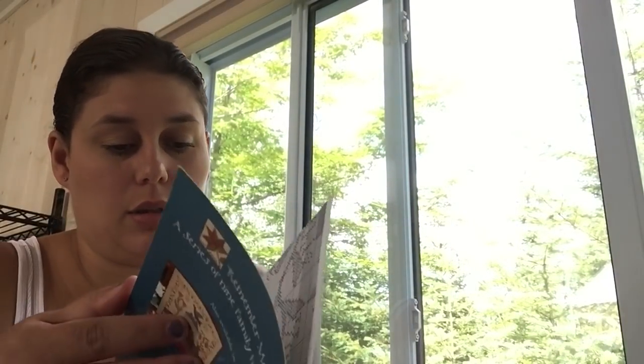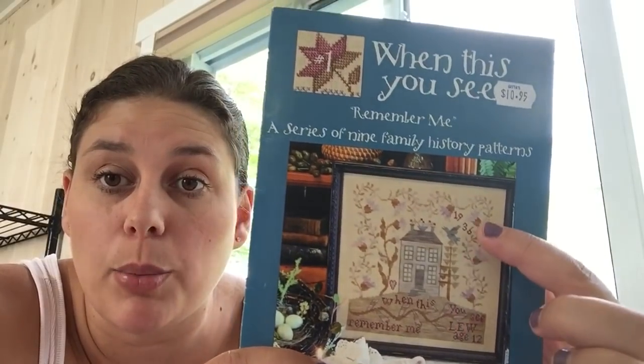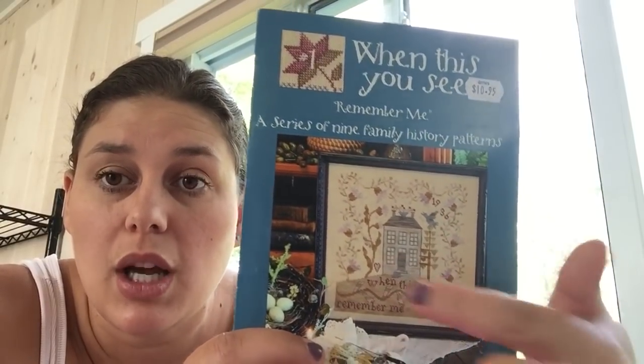Because I'm trying to think, why did I buy this one? Well, first of all, it was at the shop that I go to. It was probably one of the only ones she had. It's an older chart. I don't know where the date is, but 2006. So I really liked it because on the chart it says, when this you see, remember me. And I really like that, and I really like purple, and there was something about these flowers that went around,